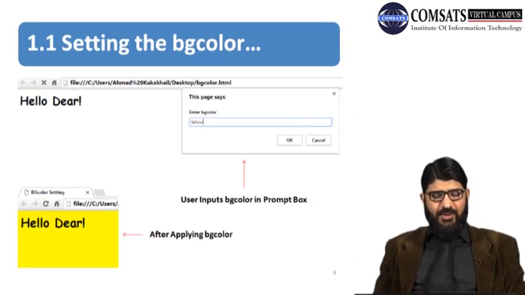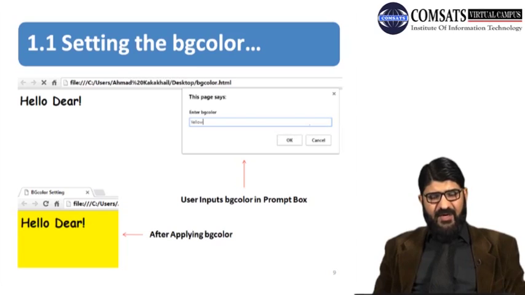Let's see the output. The output is written as hello dear. Then the prompt function appears, which asks the user to enter the required background color. The user has entered yellow, and then the OK button is pressed.